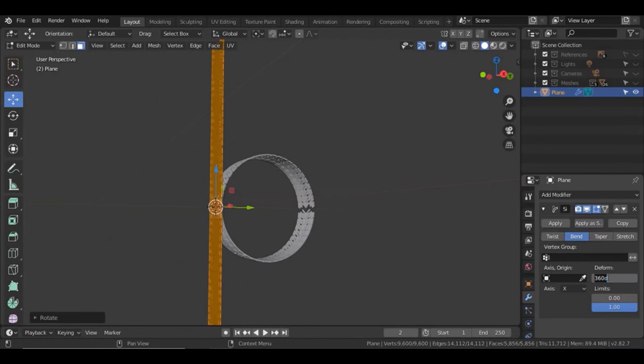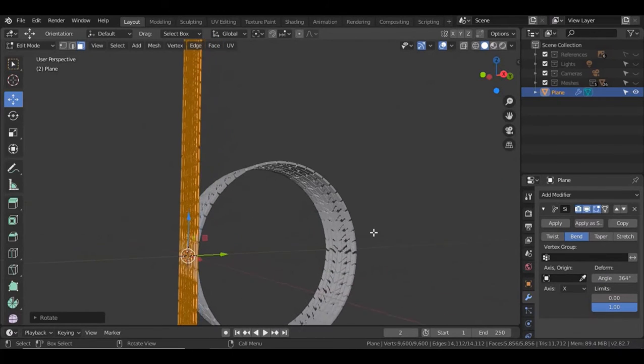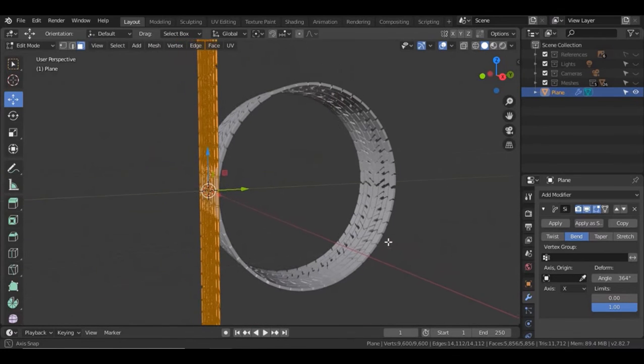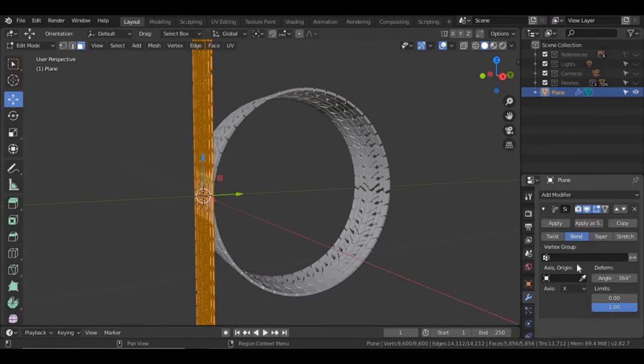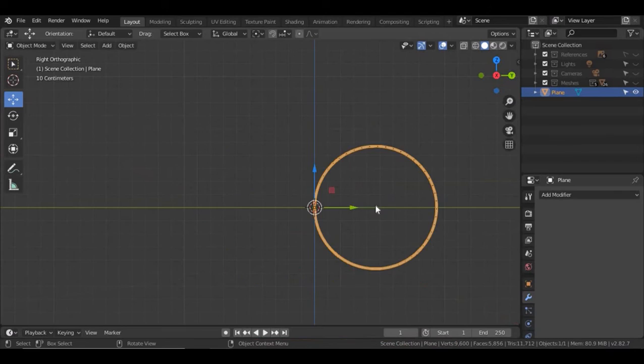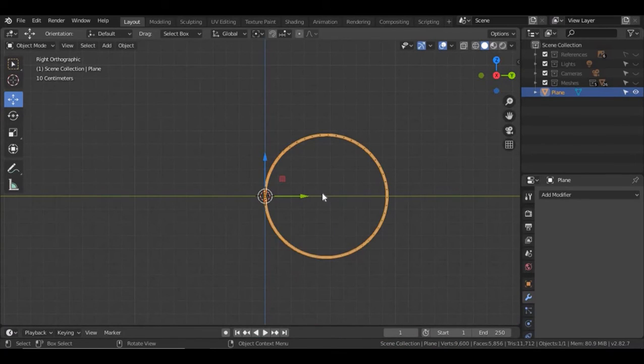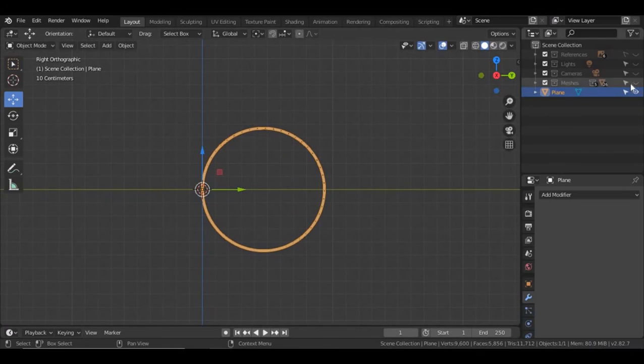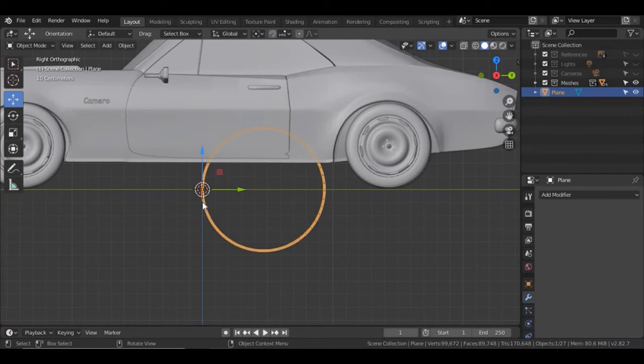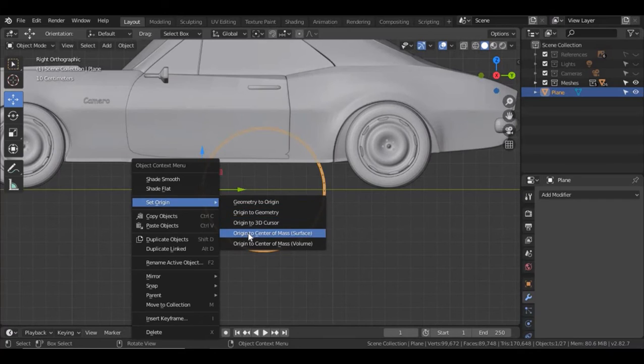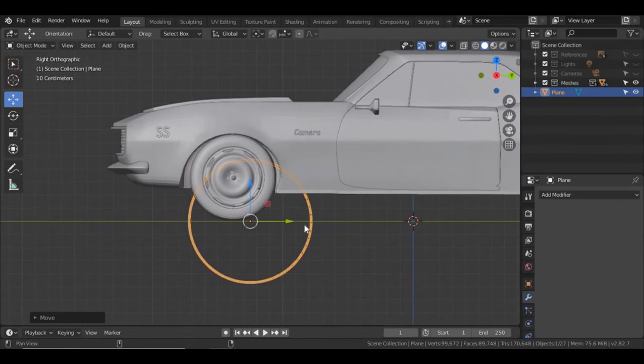Probably want to move this a little bit more, so let me make this 364 basically until it closes. Then when I get it to close, I think this should be 365 ready. Okay, I'll apply. Come out of edit mode, apply. Okay, then it's selected, I'll just right click, set origin to center of mass, and then